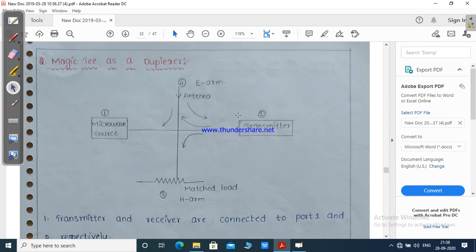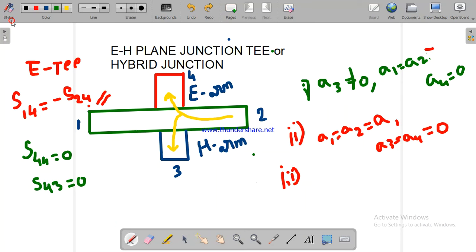Next, Magic T as a duplexer. We can use a Magic T as a duplexer. How? At port 1 we will use